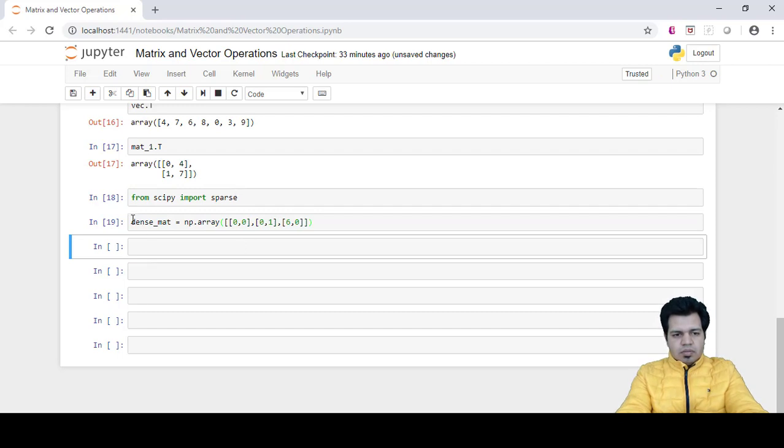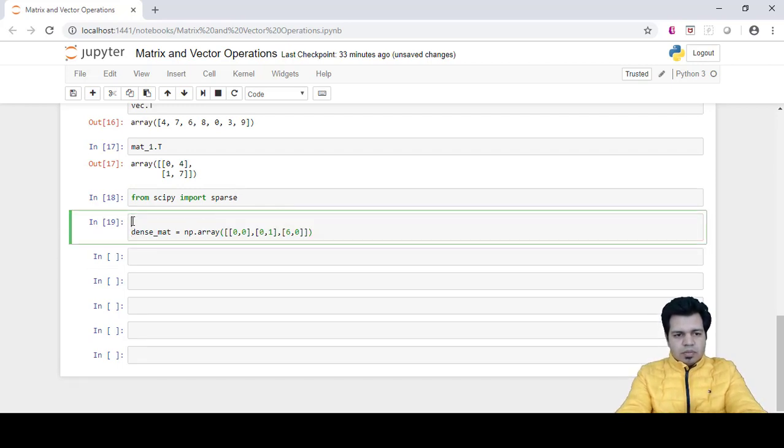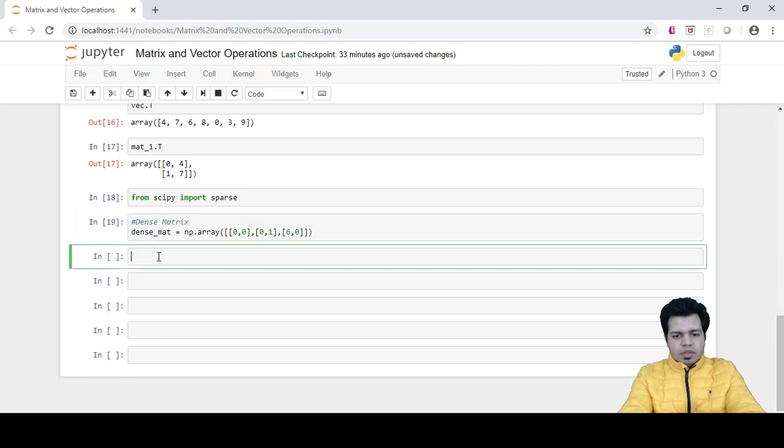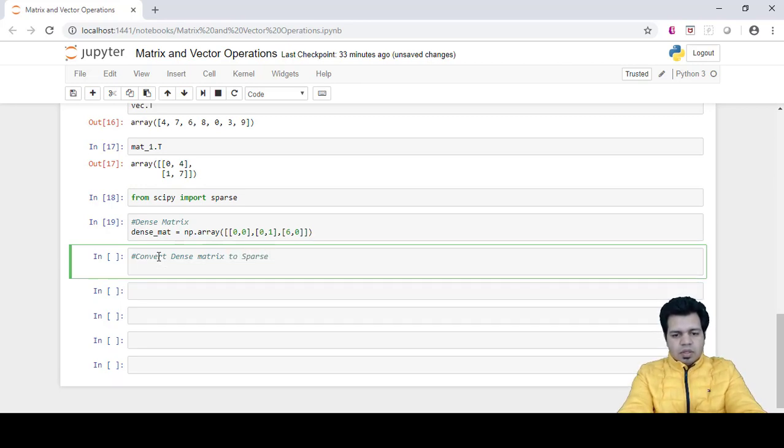Okay, let's provide some verbiage here. So dense matrix, and then convert dense matrix to sparse. Okay, and we will write the statement like sparse matrix equals to sparse